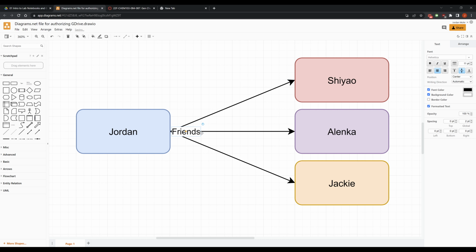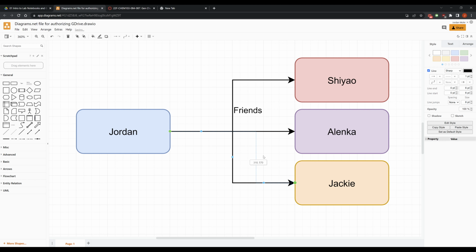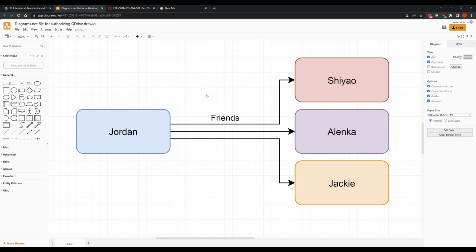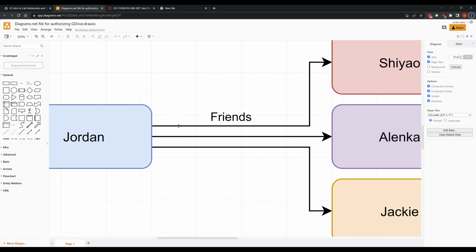If I don't like this background color, I can change it or I can put a border on it. Make it a little easier to read. But I actually don't really care for this. So what I like to do is I like to keep the orthogonal, but I'm going to bundle my arrows. So I could bundle them like this if I wanted to. I don't really like how big this gap is between them, but I mean, zoomed out, it kind of communicates the point. But if I keep getting more arrows, like if I have more and more and more friends, this